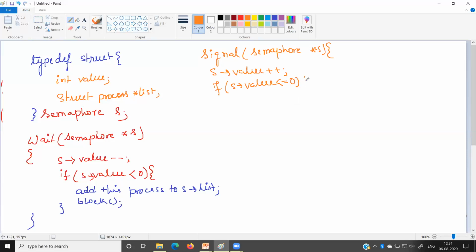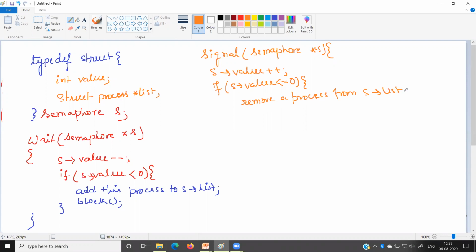Okay. So what will we write? We will write: remove a process from S arrow list.